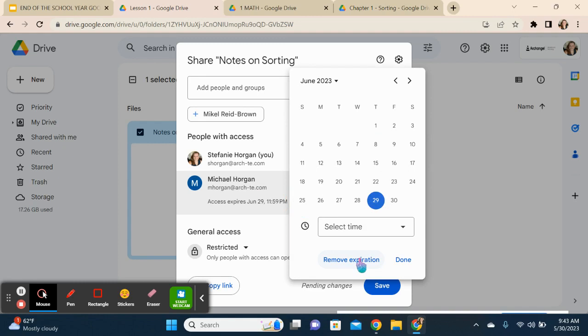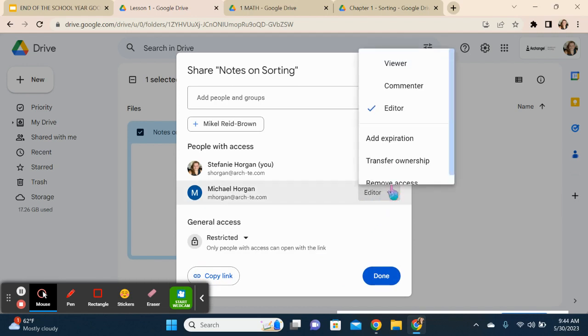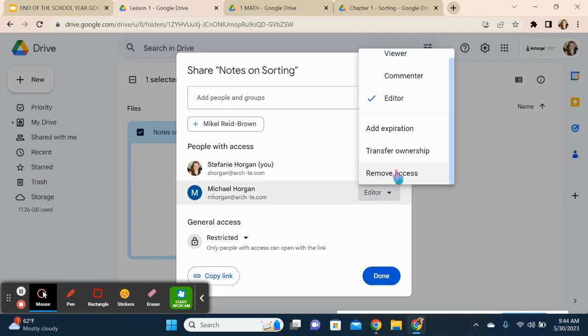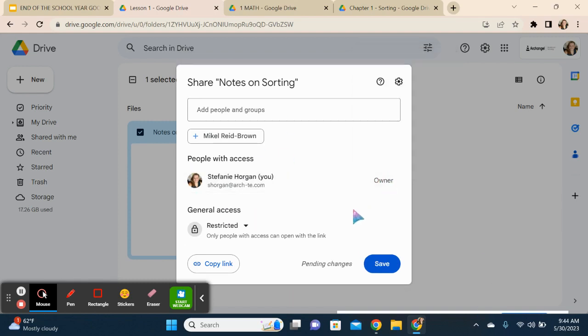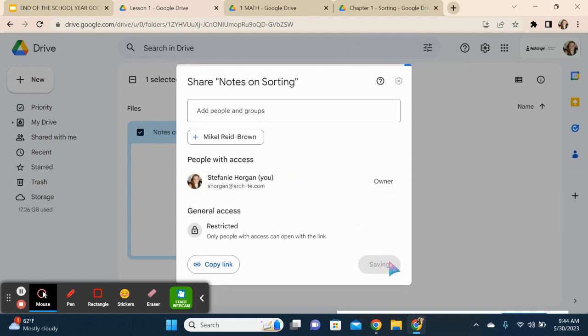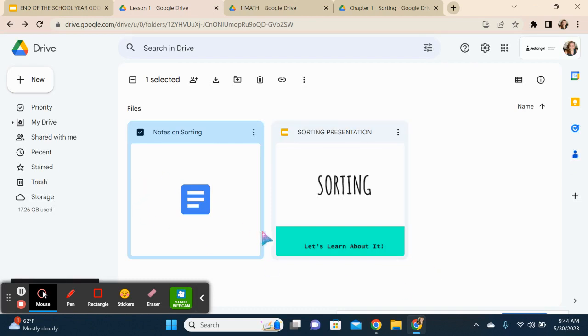If you want to give them access to June 30th of the end of the year, you can give them access, and as of July 1, their access will be gone. So you can do that and then hit done, and it gives an expiration date. You can also remove that, and you can remove somebody as an editor by just removing their access, and their name disappears from here. And so then you want to save your changes, and that gives you your permissions back. And so you can make sure that